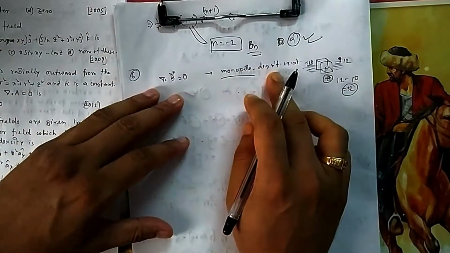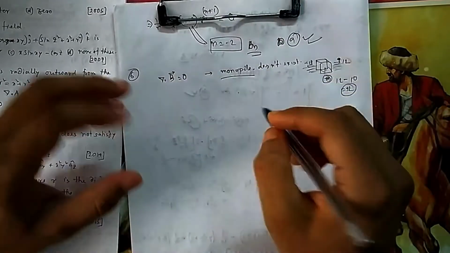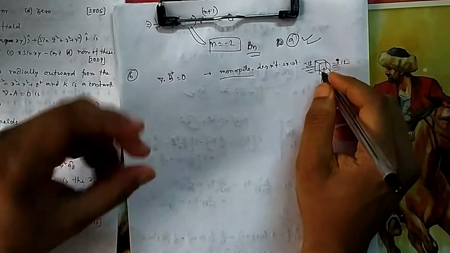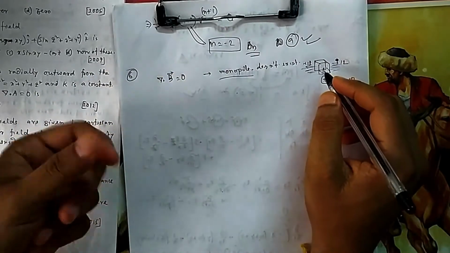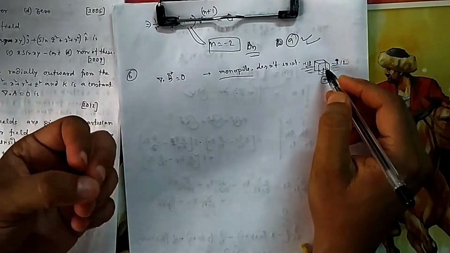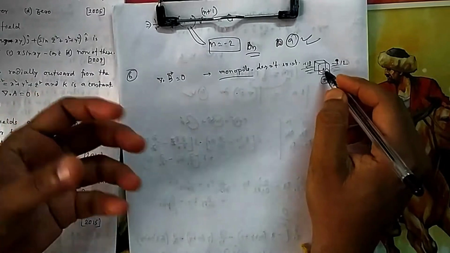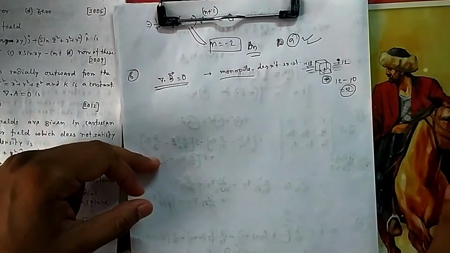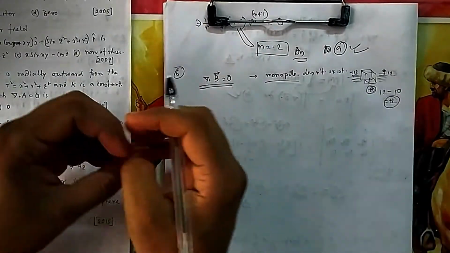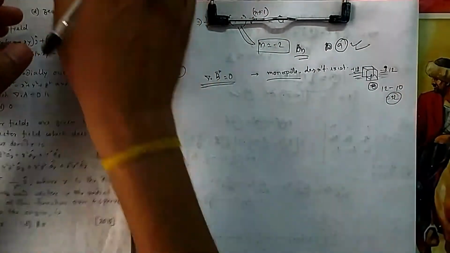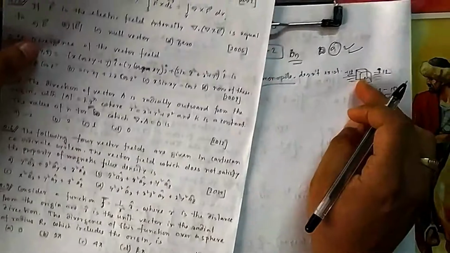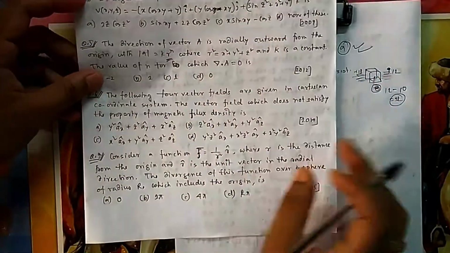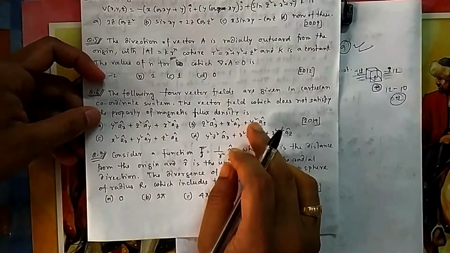But in the case of a magnetic field, you cannot say that, because a magnetic monopole does not exist. You cannot say one north pole is inside; a single north pole you cannot separate, and a single south pole you cannot either. So there cannot be a single source, and there cannot be a sink also. That's why the divergence of B is equal to 0. There is no magnetic monopole, so you cannot think of source and sink in the case of a magnetic field.